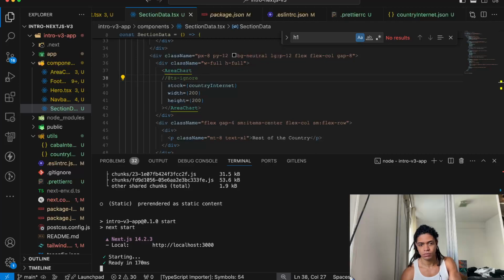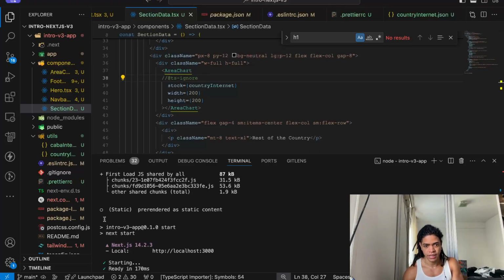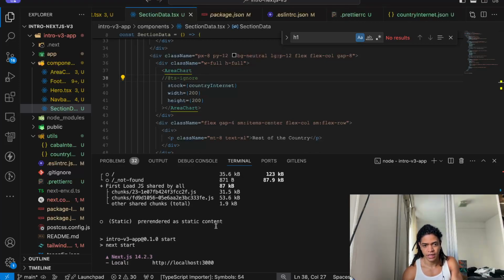If this builds, we'll see how Next, oh there it is, it did before I could say it. Of course, it failed on start. Go to one of these pages in Next, and if it has no props, that means it's a static page. Automatically rendered as static HTML, uses no initial props. In my case, it's preferred as static content.